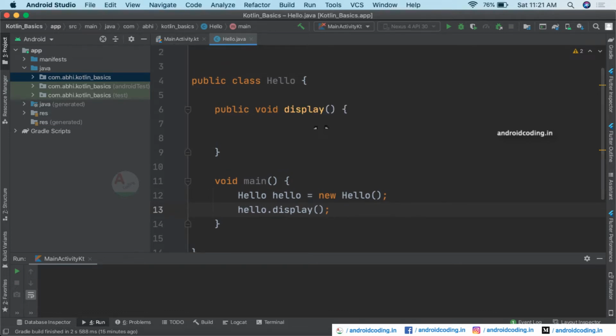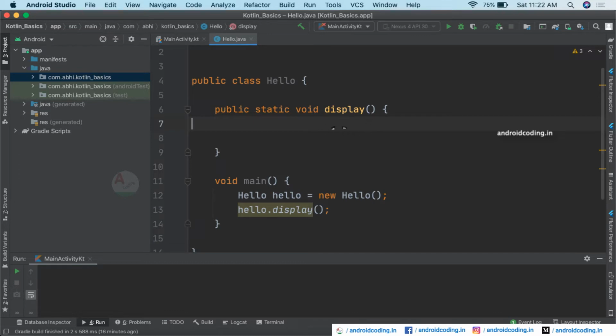In order to directly make use of the method, instead of creating an object, there is a way using which you can create a static method. So declare it as a static method: public static void display.